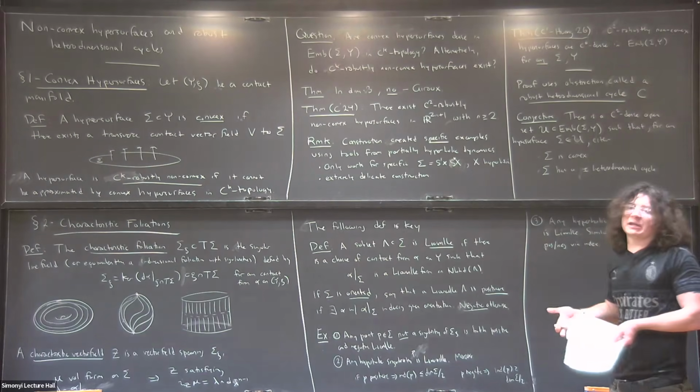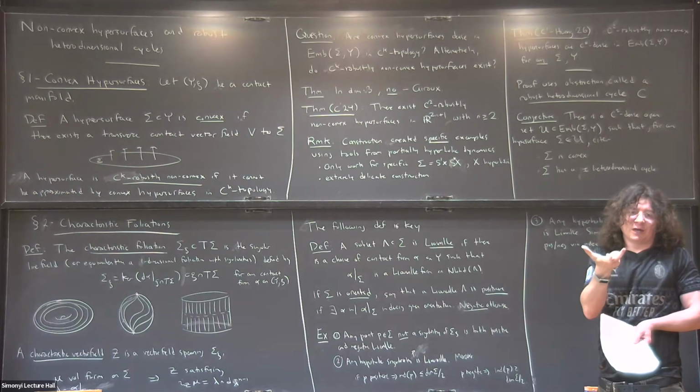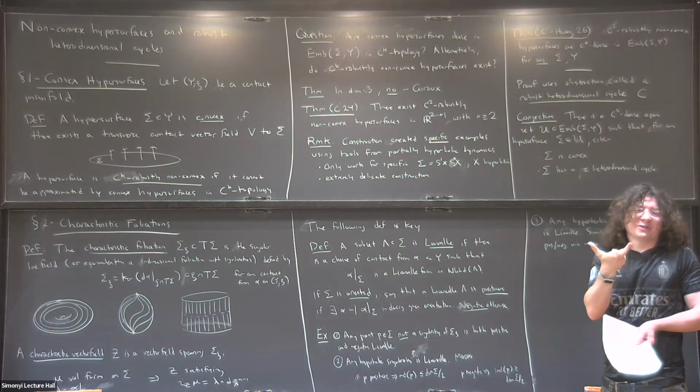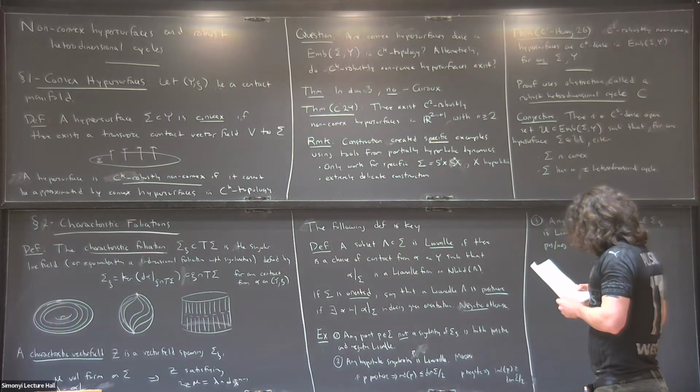And really, you should think of it as somehow near this set, it being Liouville means you are like the germ of a Liouville flow, the germ of the flow of a Liouville vector field. That's what the characteristic foliation looks like. Okay, so